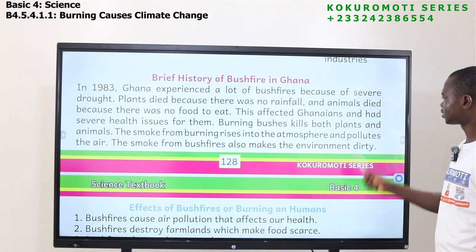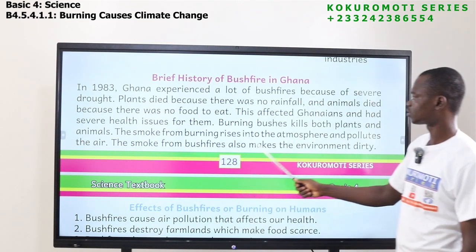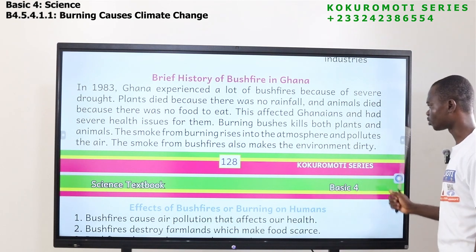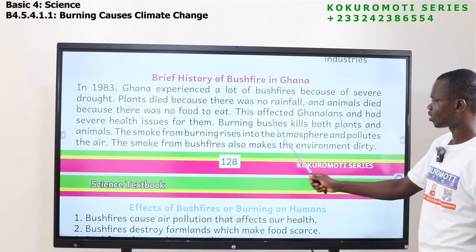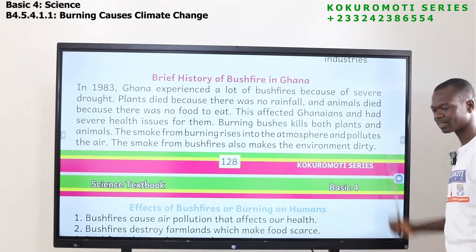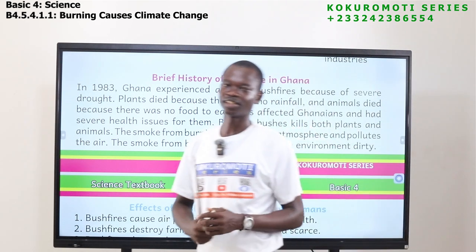Burning bushes kills both plants and animals. The smoke from burning rises into the atmosphere and pollutes the air. The smoke from bushfire also makes the environment dirty. So, in 1983,